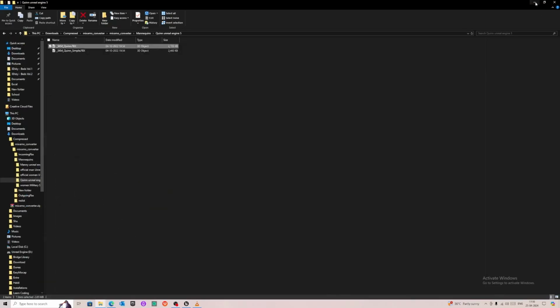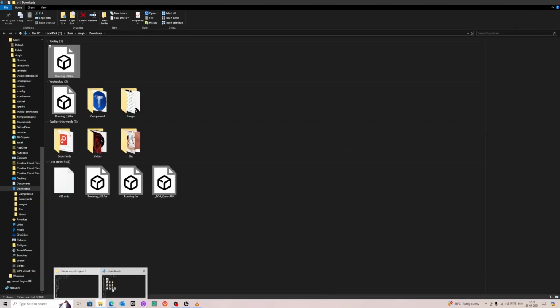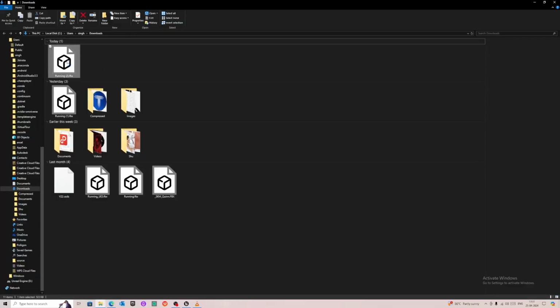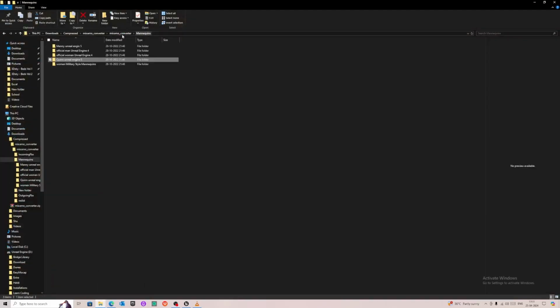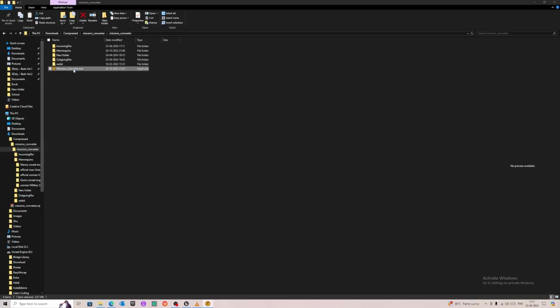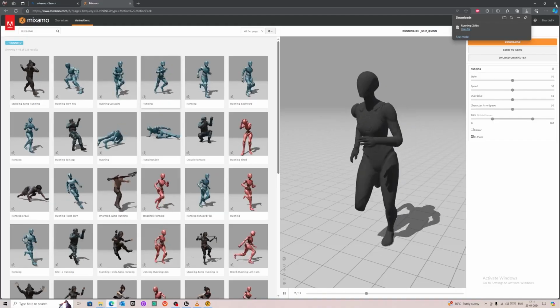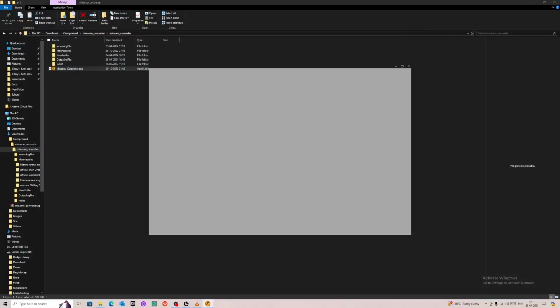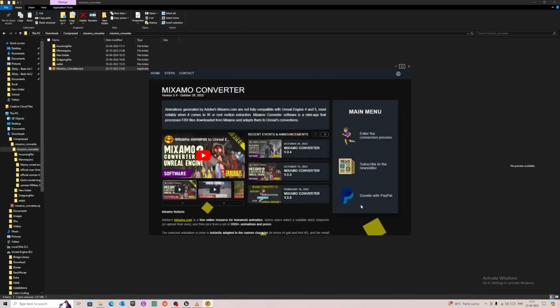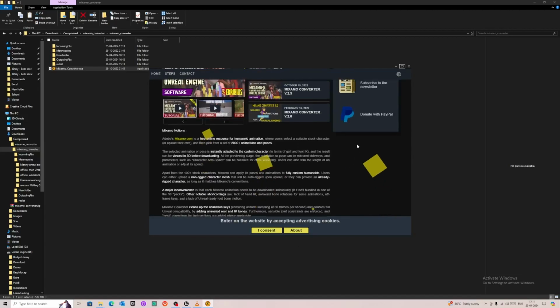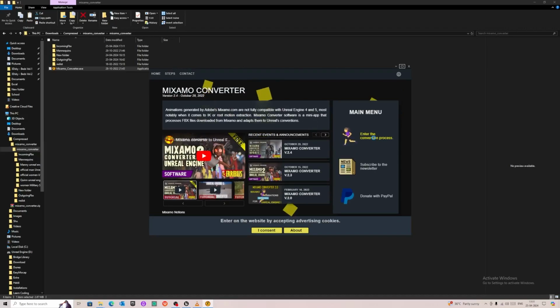One second. Now what I have to do is copy this file. I will go to Mixamo Converter, in incoming FBX, I'll paste it here. I'll double click and start the Mixamo Converter. I'll close the browser so that it doesn't take much of my space in the system. So we'll click here and it will open the software, right? So what we have to do is enter the conversion process. We have to click here